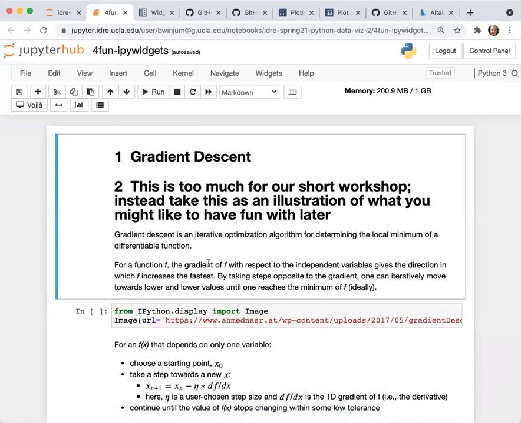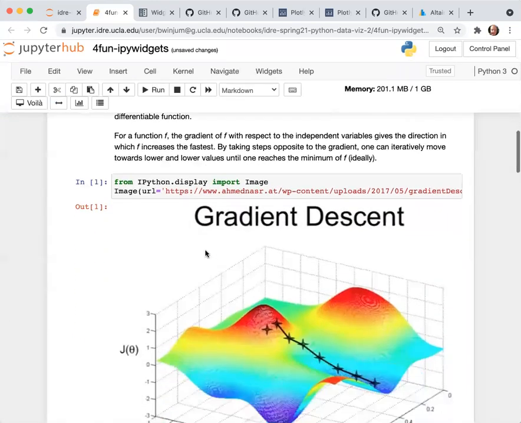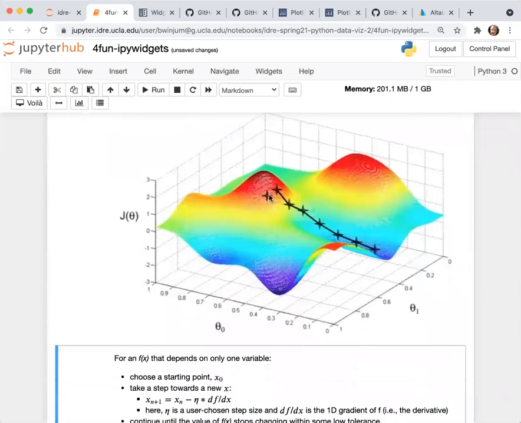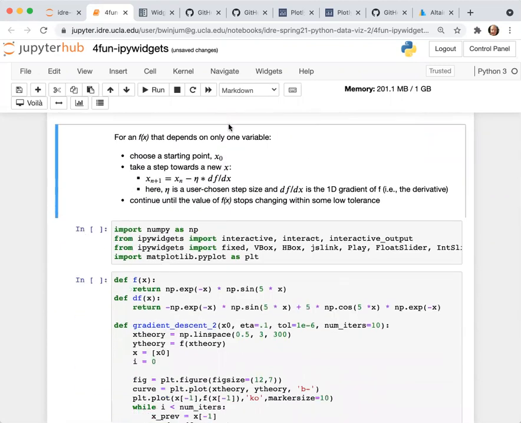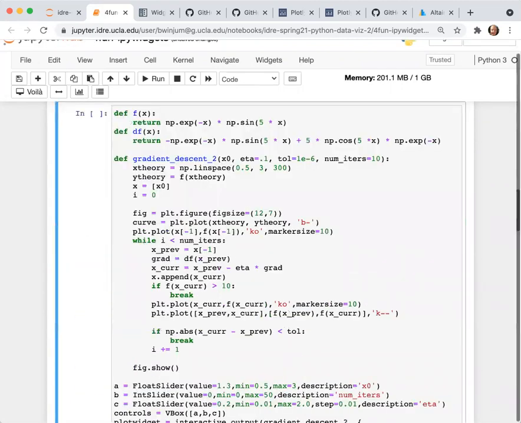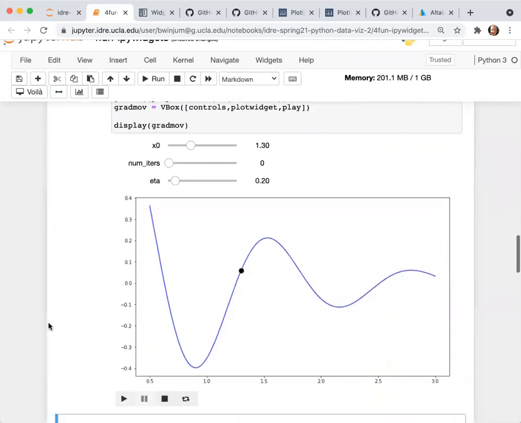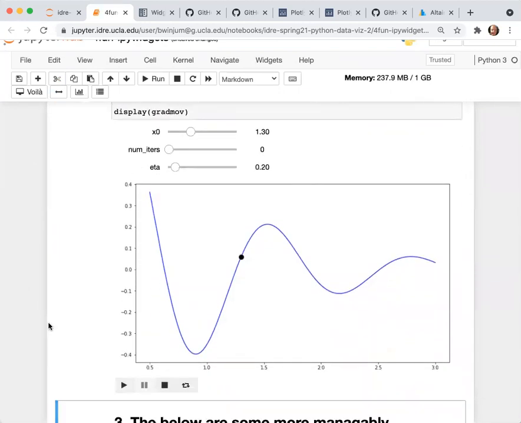So this is looking at gradient descent, which is an optimization algorithm that's used in machine learning. I'm going to execute just the first couple of these cells. Gradient descent takes the given function, and then you pick a starting value and you try and find what the minimum value is for the function. And there's an algorithm for doing that. I'll show you the widget. This widget is intended to illustrate how the algorithm works and how it might backfire on you if you choose the wrong parameters. So this is the function.